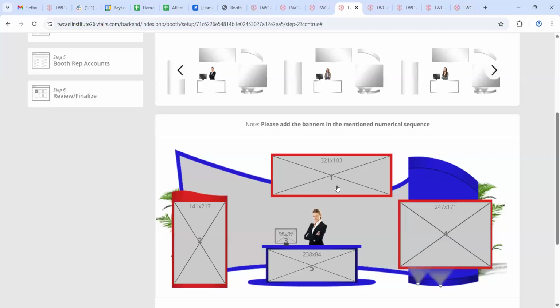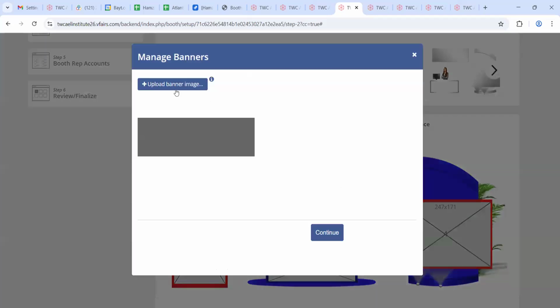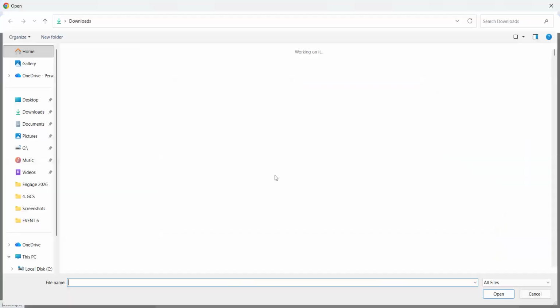And another tip is it might look big here, but in actual, these spaces are really small once you go inside the event and view those. So it's always good to add images or banners here that do not have a lot of text or very small text because that will not be readable. So any banners that are more image dominant or graphics wise